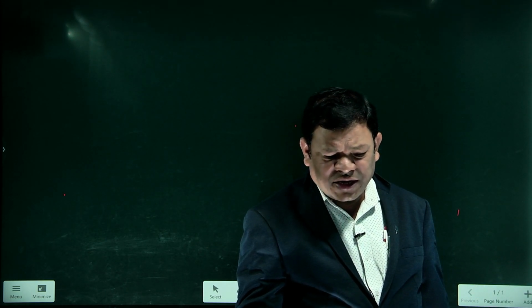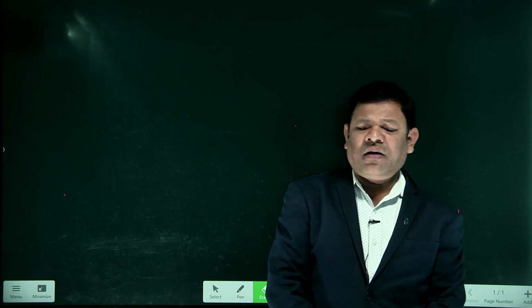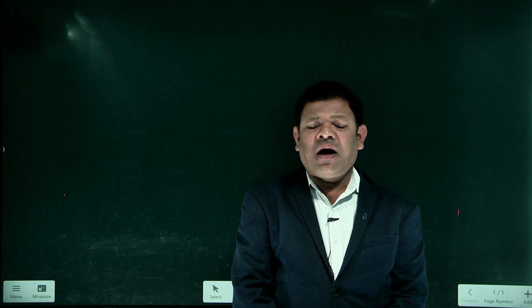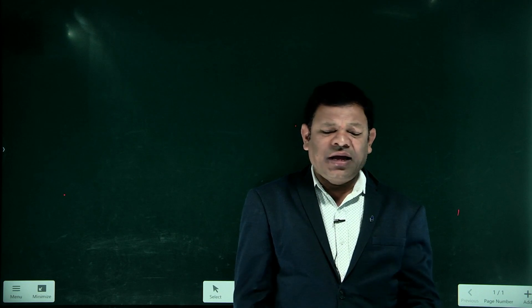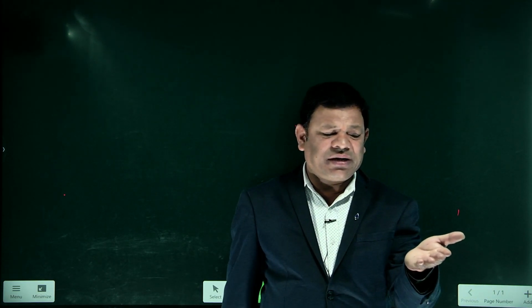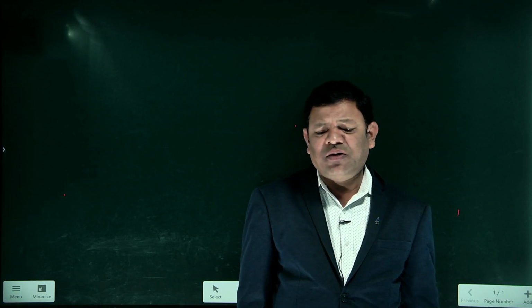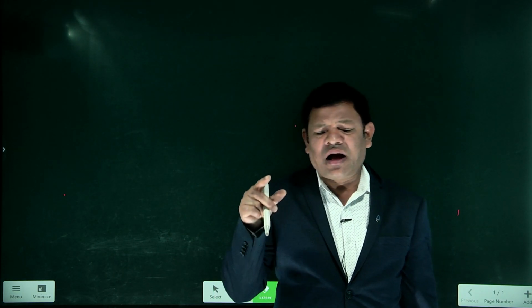Now, the identification of the fat. For example, if you are eating vada, puri or dosa, and you keep a white paper like that, some of it changes the color, translucent. Things that allow light through them are called translucent. Yes or no? Yes, sir. So the identification of fats we can observe with the help of translucency. What do we call it? Translucent. So this is the test for fats.